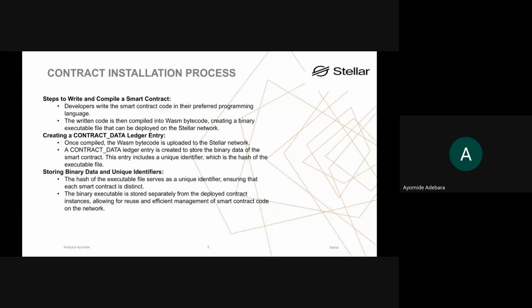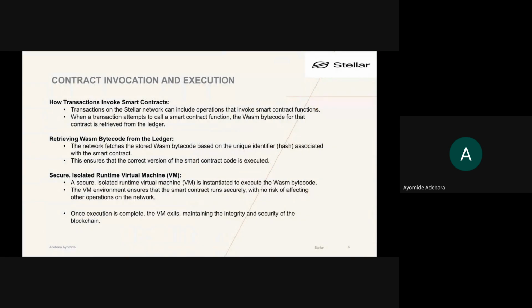So what are we trying to say? We are trying to say that when you deploy the smart contract, you have this binary executable code. It is stored there. Then from this binary executable code, you now initialize an instance from that deployed contract. So it allows you to do what we call factory contracts. Still going to talk more about that.